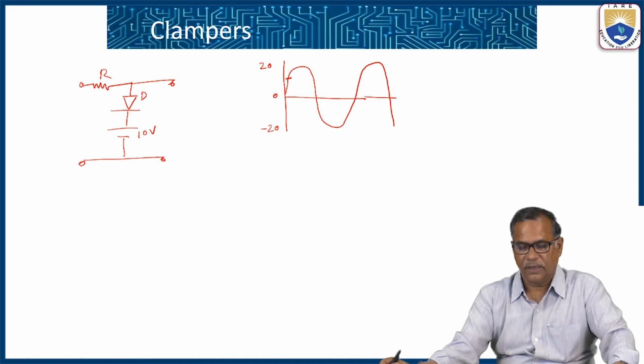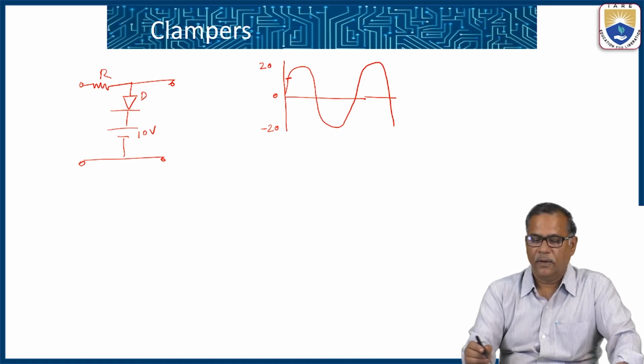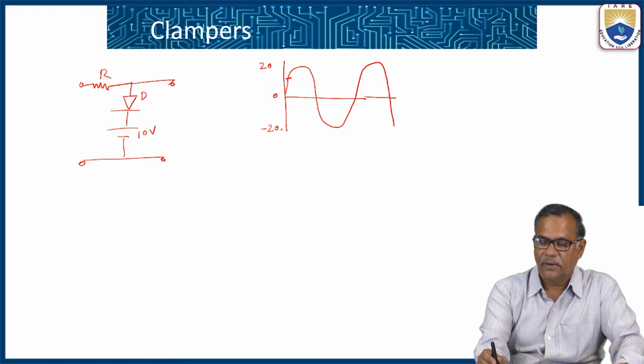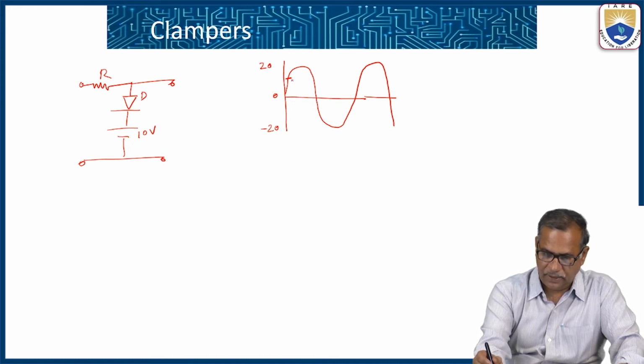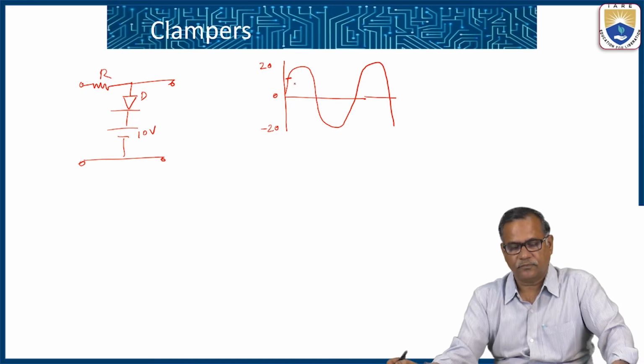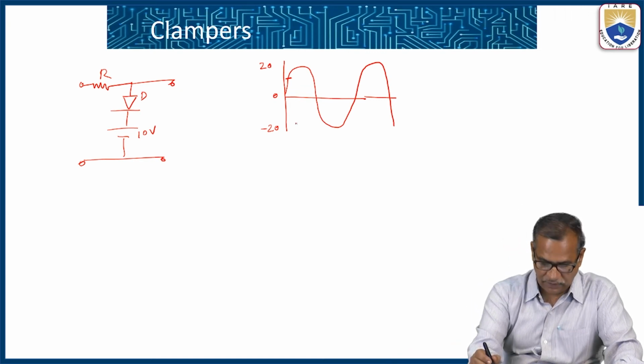So in this circuit, when you give the voltage like this, till this point, the diode is in reverse bias and it acts like an open circuit. So we simply get,